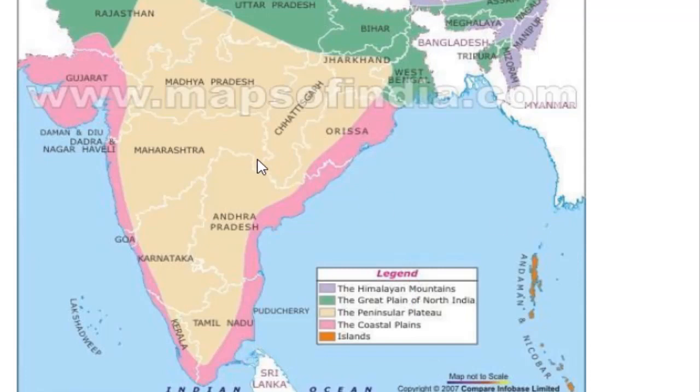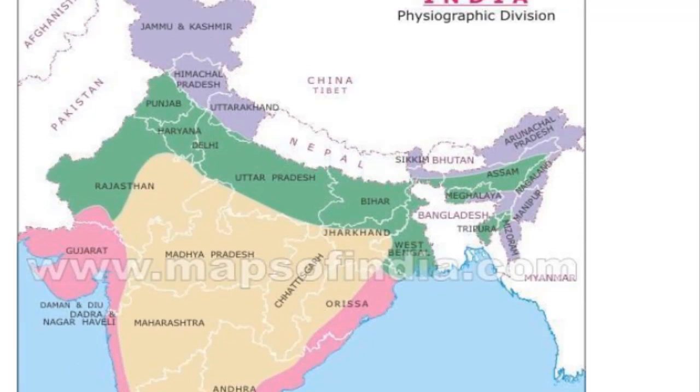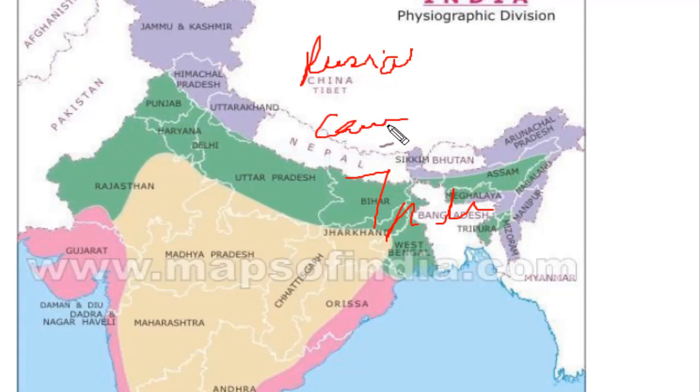What else do we need to know? There are certain more facts which we'll see, and after that we'll move to the parts in which we have to study the other segments. In terms of area, if we compare with the world, India is the 7th largest country. What is the first largest country? There is a sequence for the topmost countries. Russia is the largest country in terms of land. Then comes Canada. Next is China. Then US, Brazil, Australia, and on 7th lies India.